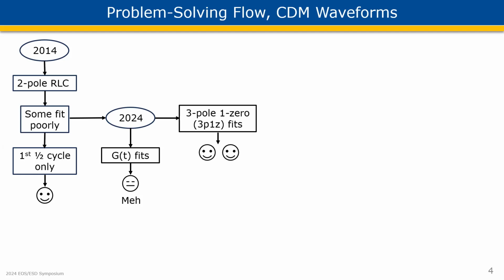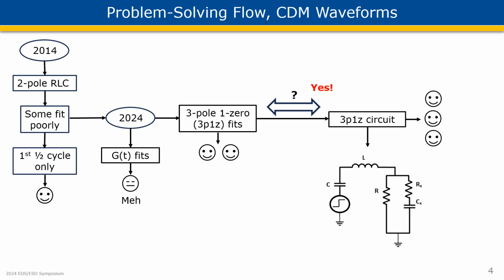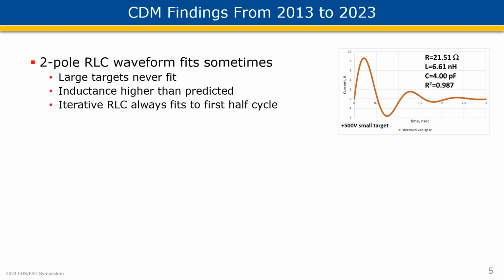But once we found those fits, I asked my co-authors, months and months ago, is there a circuit model that has a one-to-one correspondence with these 3-pole 1-0 analytic fits? And eventually, in time for this paper to be submitted, at least, we found a solution. And the circuit model as shown, which was very satisfying, and we'll look at details of that as we go on with this presentation. Well, okay, back to the